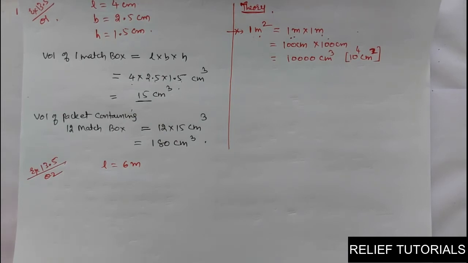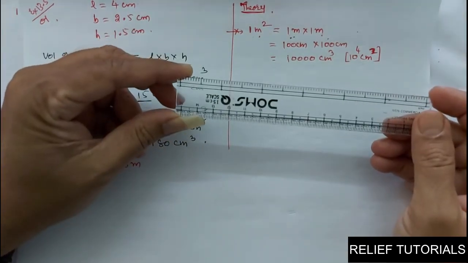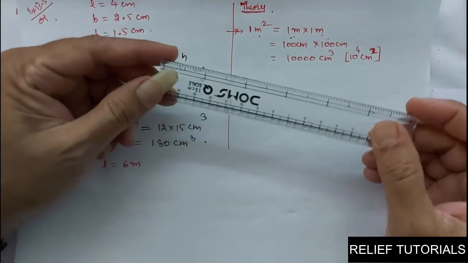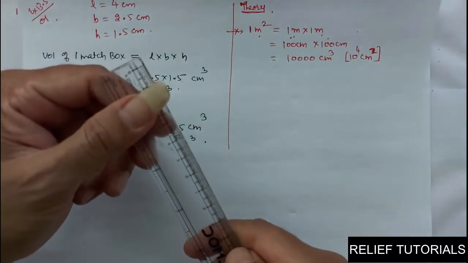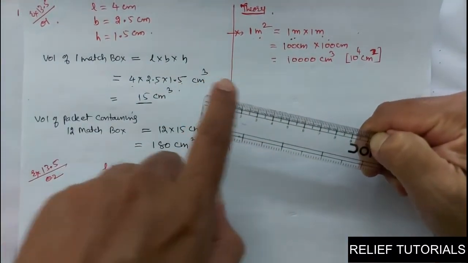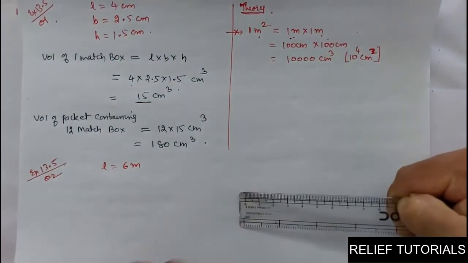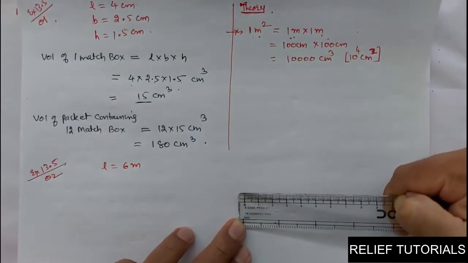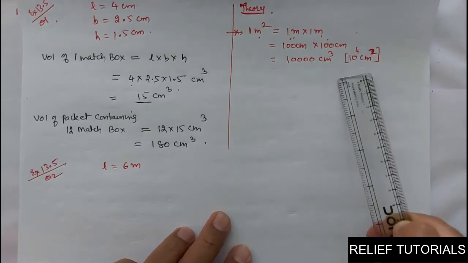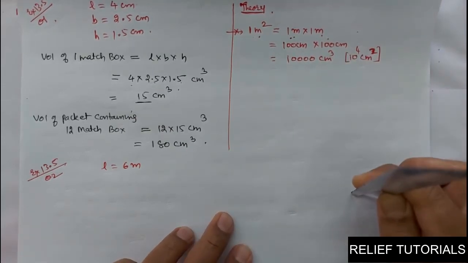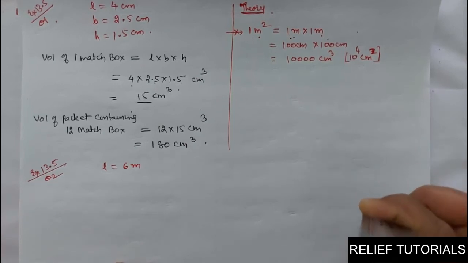In a cube, you know, length, breadth, and height are all equal. So what should be the length of the edge of a cube so that it can hold 1 liter of water? For your information, you might know this is a scale. If I make a cube with an edge equal to 10 centimeter, this length is 10 centimeter. So you will take a length of 10 centimeter to make a cube: length 10 centimeter, breadth 10 centimeter and height 10 centimeter. Imagine that cube, or prepare it at your house.